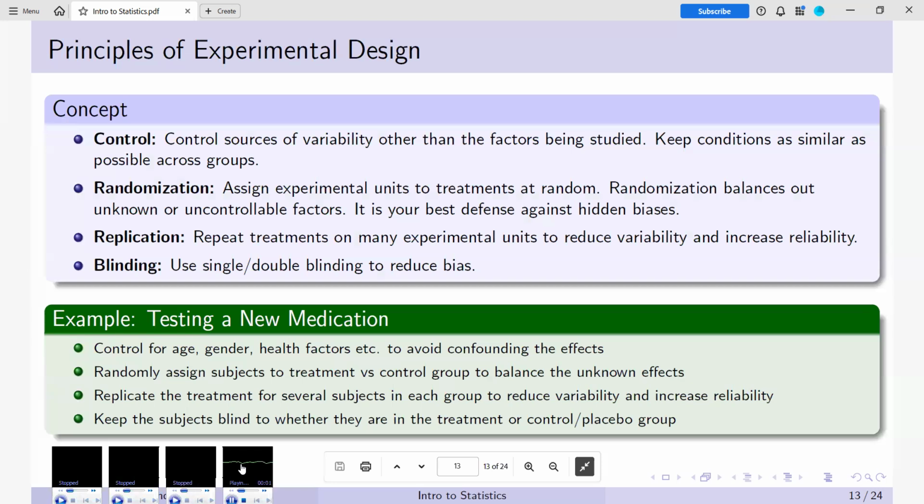If we neglect blinding, expectations can creep in and mess with results. Patients who know they're on the real drug might feel better just because they believe it works. Classic placebo effect. Meanwhile, doctors who know who's in which group might unintentionally treat patients differently, giving the drug group a boost or the control group less care. Without blinding, you risk measuring psychology instead of pharmacology. Your new wonder drug turns out to be nothing more than confidence in pill form.